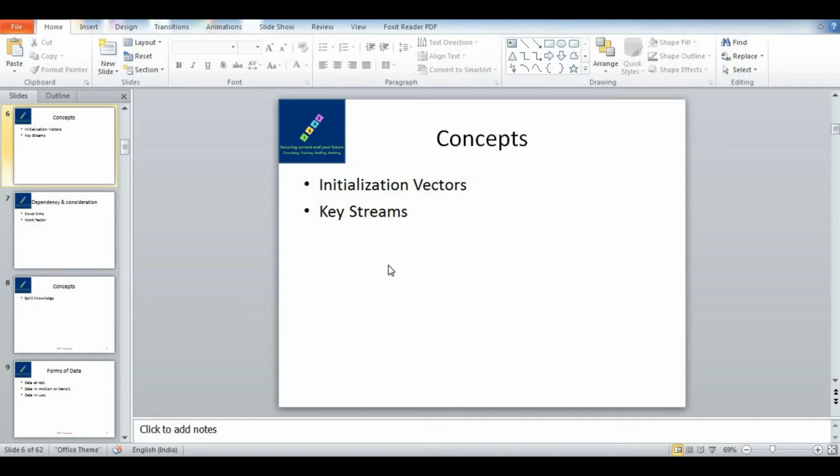So we discussed the basics of cryptography, then Kirchhoff's principle, and yesterday we discussed cover time, work factor, etc. Now there are two more terms that we need to understand in cryptography. We discussed plain text, ciphertext, algorithm, and the key, and there's something called the